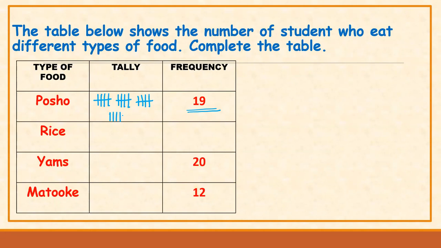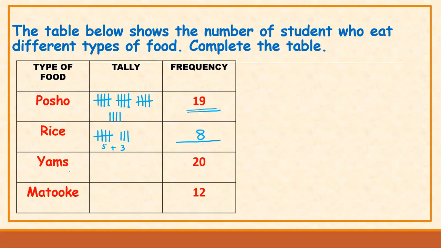Am I clear there? This one here was not given, but I can give this one as 1, 2, 3, 4, 5, 1, 2, 3, okay? Now, if this one is missing here, what are we going to put here? Remember, the tallies help us to get the frequency. So this is one group of 5, these ones are 3. So if this is a 5 plus this is 3, when I add them, my answer shall simply become 8, and I put it there, okay?